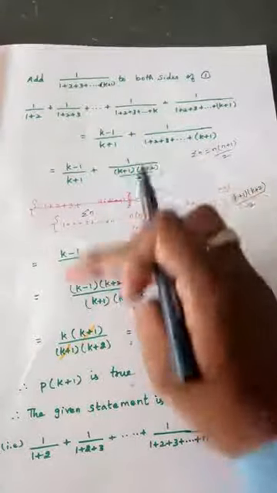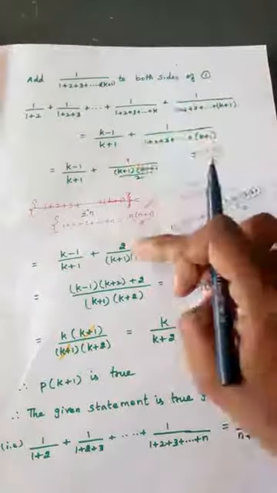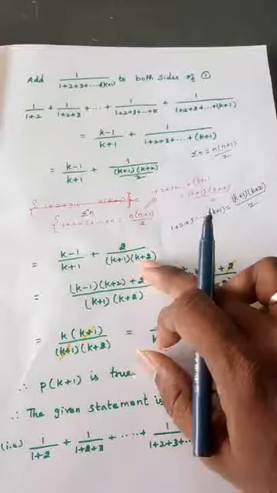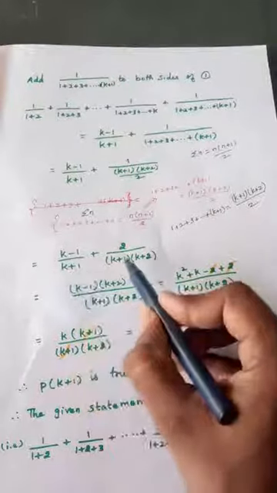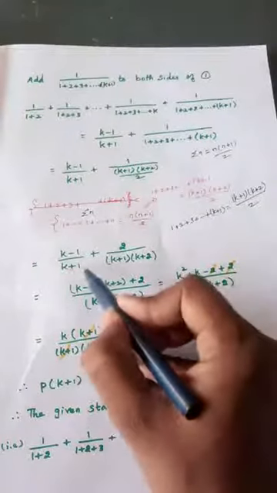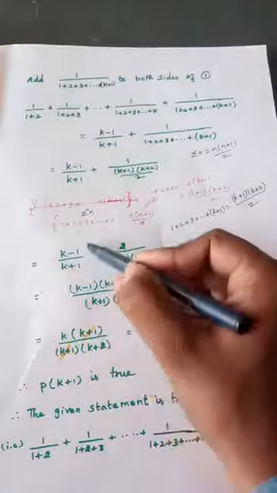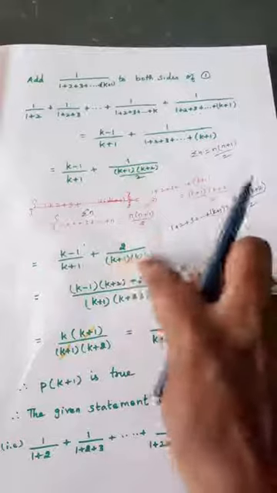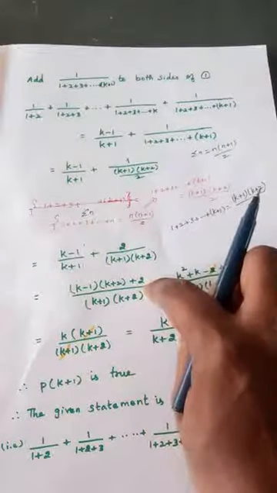In the next step, write this as it is, plus take this to the numerator, 2 goes to the numerator, so 2 by this. I think you will not have any confusion here. Taking the LCM, here k plus 1, here k plus 1 into k plus 2, so the LCM will be k plus 1 into k plus 2. Only k plus 1 is present here. What is absent? k plus 2, so that should come in the numerator: k minus 1 into k plus 2. For this, the LCM is already present, so just write that 2, that's all.